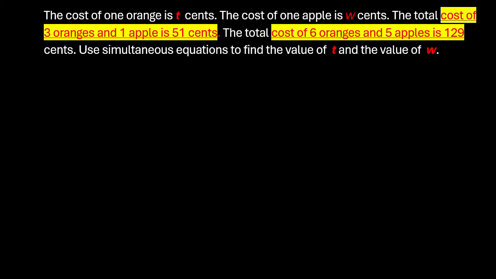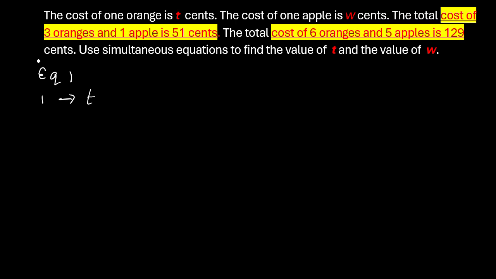To solve this problem, we need to create two expressions or two equations, which is the simultaneous equation. To create expressions, we use a variable. So for example, one orange. Let's say we want to create the first equation. We can say one orange